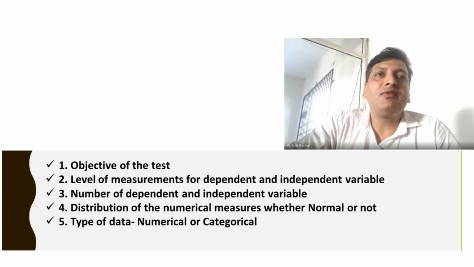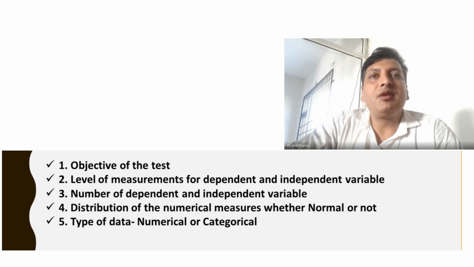Like this, if we have three different drugs to evaluate and all the drugs are antihypertensive, we can say we have ACE inhibitors, beta blockers, and calcium channel blockers. Out of these three drugs, if you want to find out which is more effective against hypertensive patients, we can say we have three different groups of drugs. So how many dependent and independent variables do we have in our research? This is also used while choosing the statistical test.